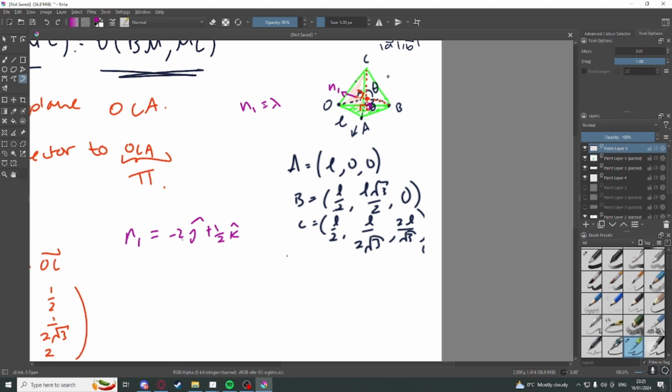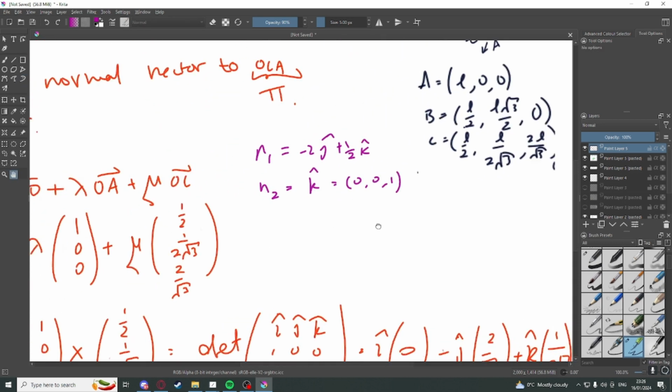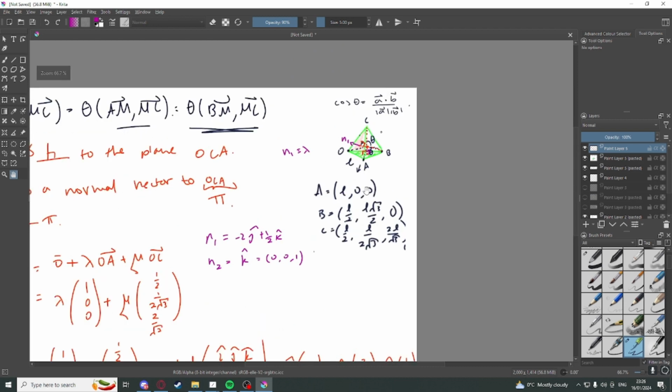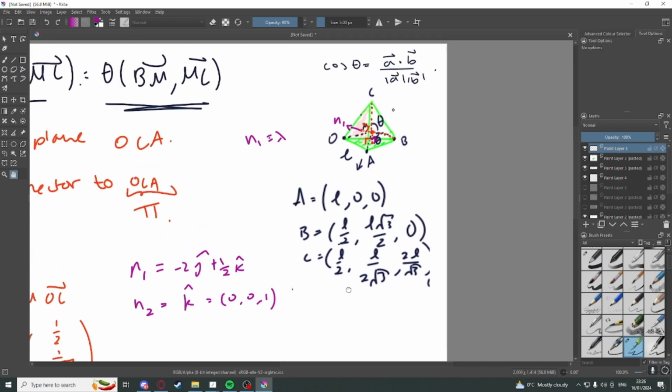So I could just say that n2 is equal to k hat. And k hat is just a unit vector in the Z direction, along the Z axis. So it's just 0, 0, 1. Yeah? Okay. Now, time to work out the angle between these two vectors. So remember that,